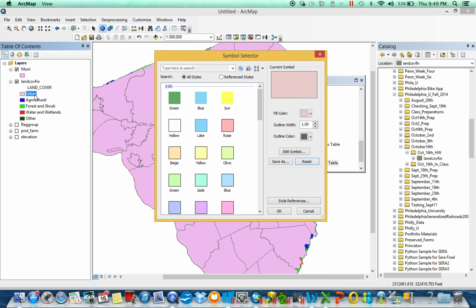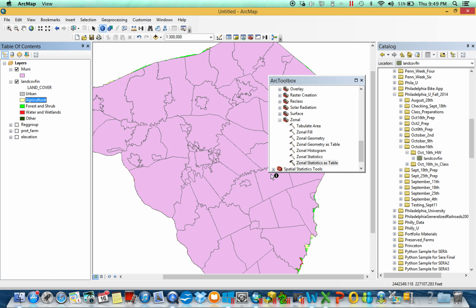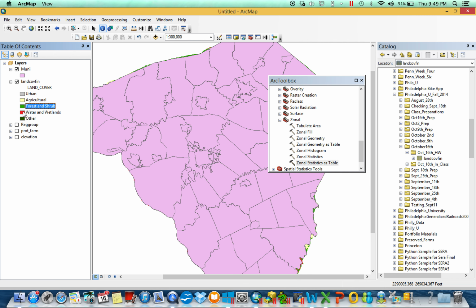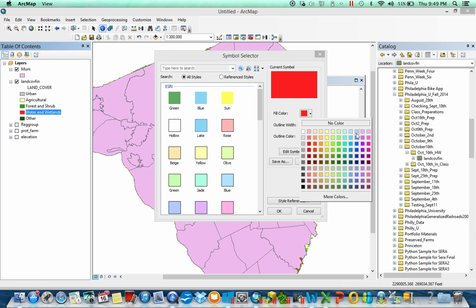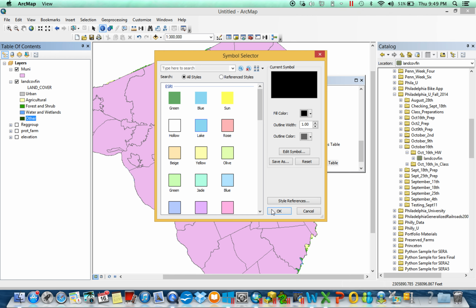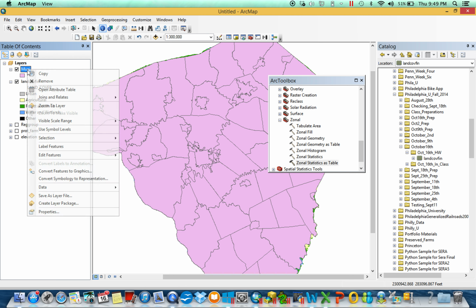Before I do that, let's just change these values. Urban, be a little gray. Agricultural, be a light yellow. Forest and shrub, be a dark green. Woodland and wetland, be a blue. Other, be black. All right, so I'm going to join